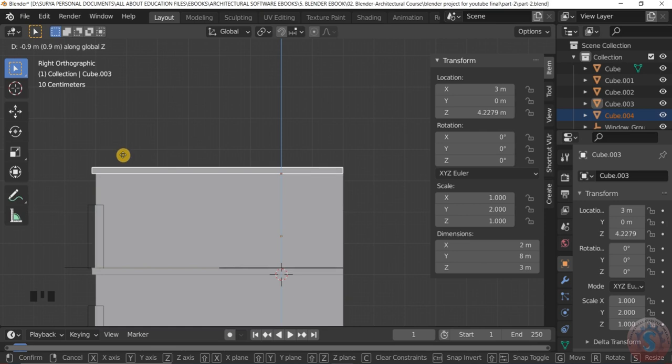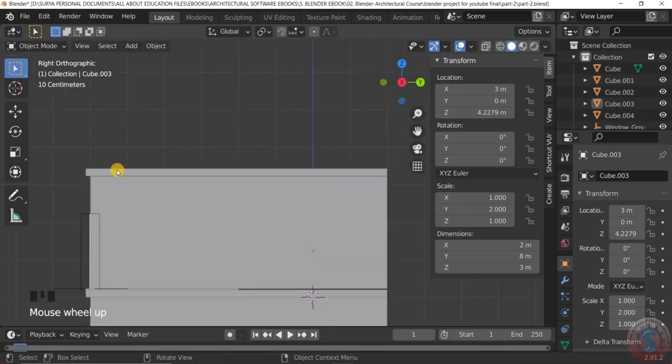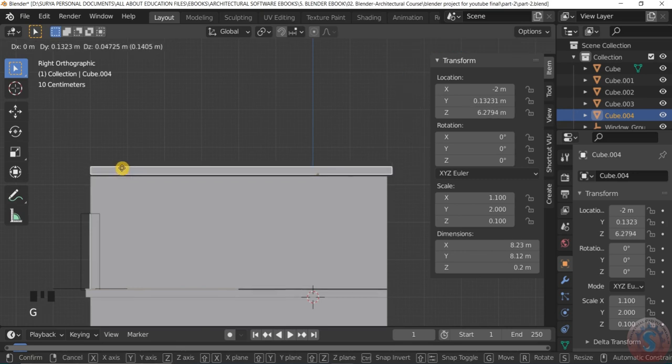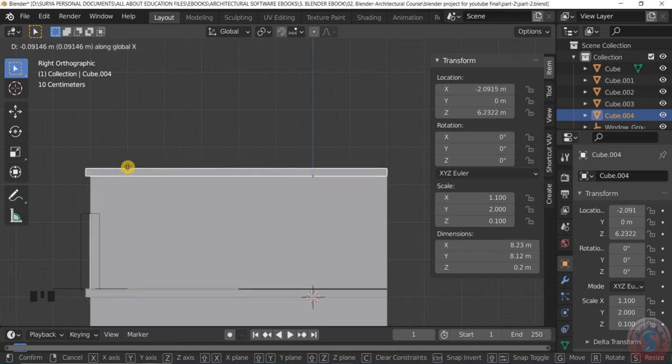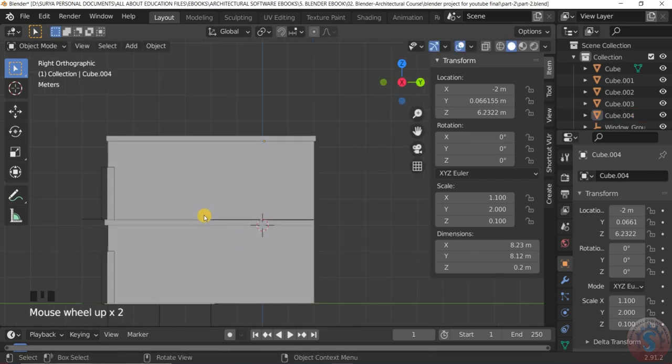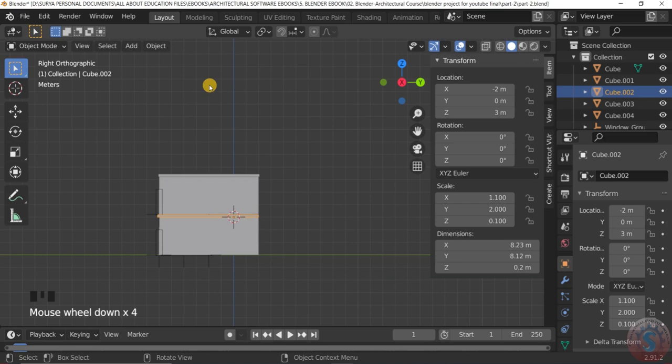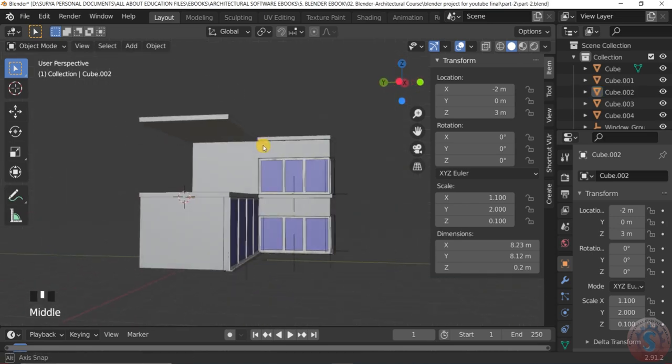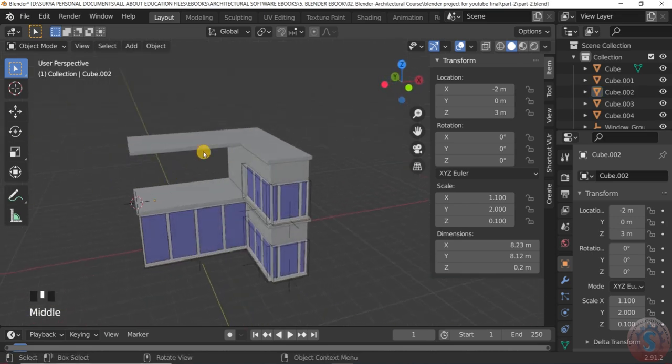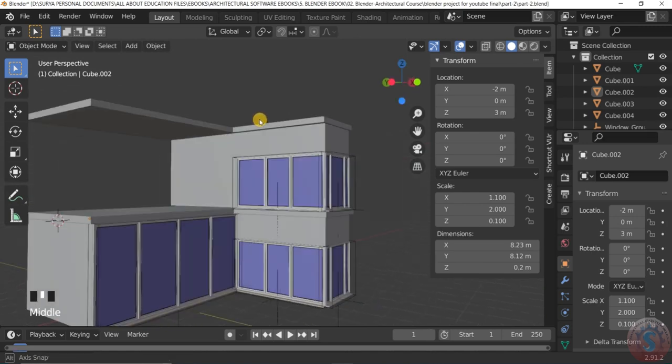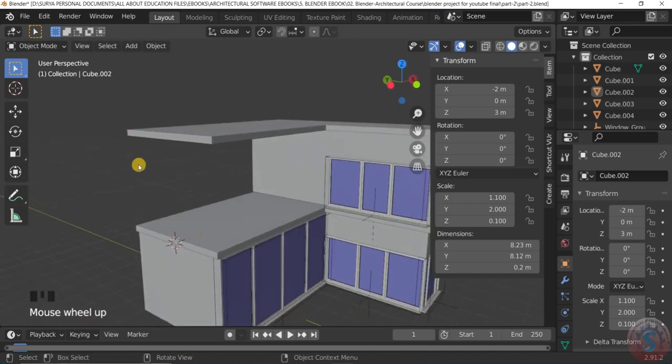By using the control, it is adjusted on the top. By using the G, using the X or Y, and little bit adjust the slab position of slab like this. Here also you can create like this. It is created slab and observe. Then after, I want to create the